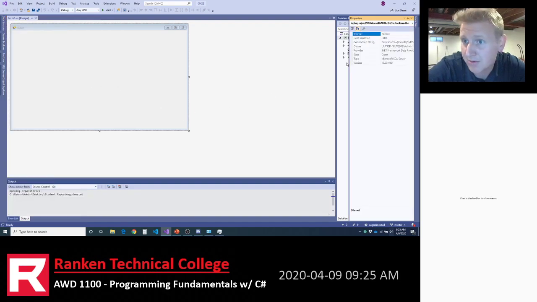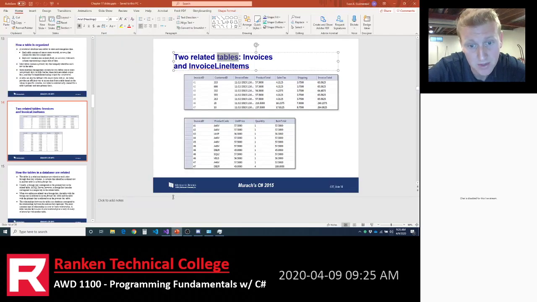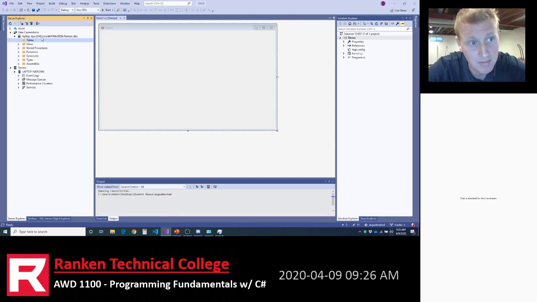You can go to the file properties and find it on your computer somewhere. It might require a little digging, but it's on there nonetheless. I can see that there are no tables currently in this Rankin database, but I could create a table using SQL. There's a CREATE TABLE command that we'll come across, and I'll do that in just a little bit. Those were the steps needed to create our database.